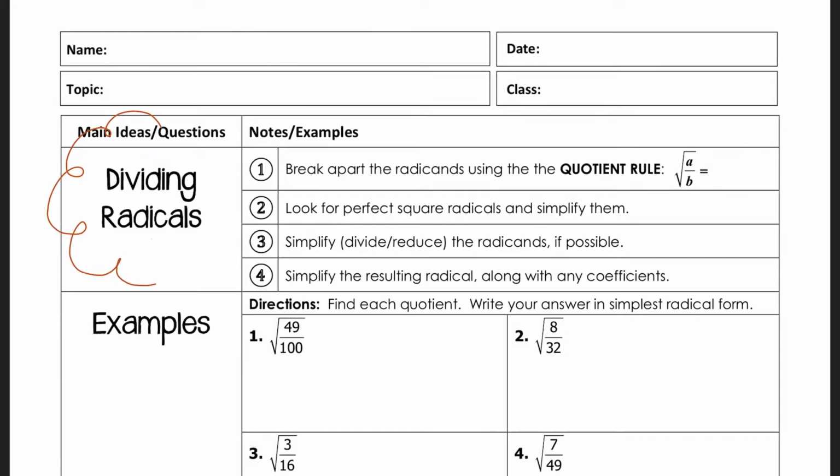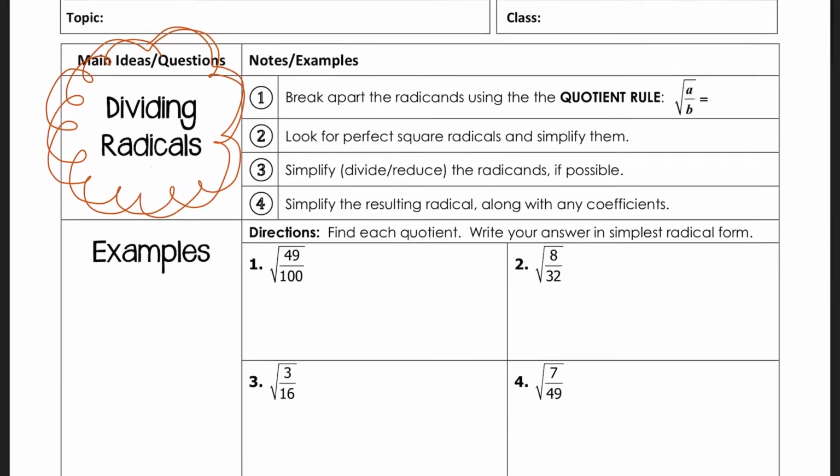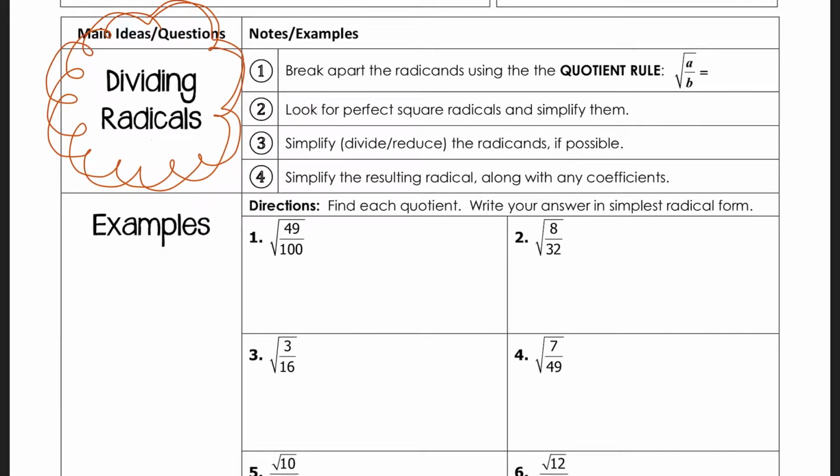Alrighty guys, and here we are with the last part of Unit 9, which is dividing radicals. You have learned how to simplify radicals, add radicals, subtract radicals, and multiply radicals, and today it's time to divide. So the things to remember are your 4 steps here at the top, and you can look back at them